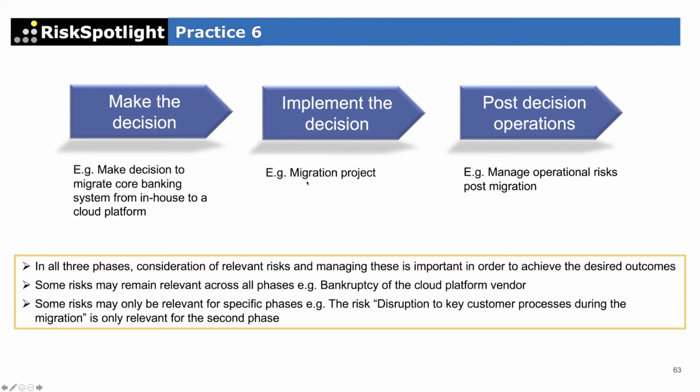And then, of course, we need to manage the risks related to that change management project, but it's still related to that decision. And then once the system is migrated to the cloud, we will then be exposed to all the operational risks associated with hosting systems and data on the cloud. So your operational risk profile will change after the system is completely migrated, and you will then need to also assess and analyze the risks associated with your cloud operation. So that's where risk needs to be considered as part of all 3. You don't want them to migrate to the cloud and then think about the change in the operational risk profile after the migration has been completed.